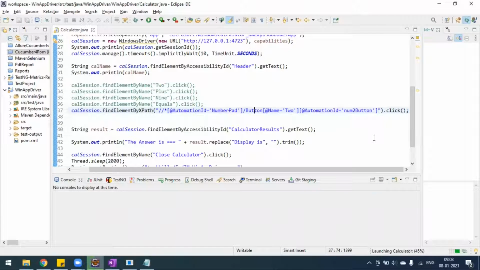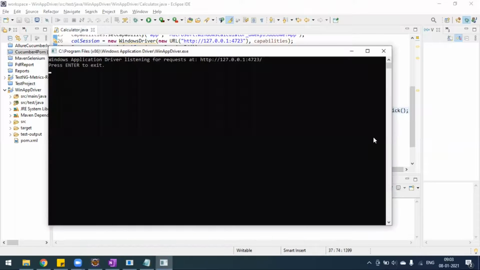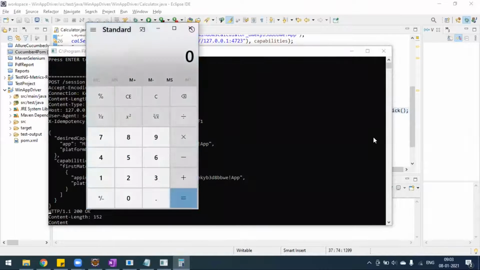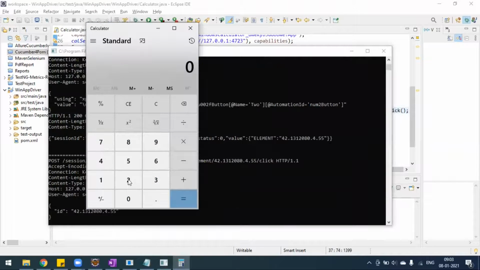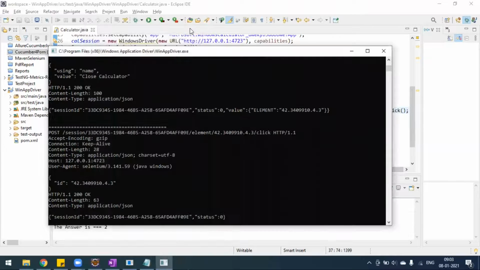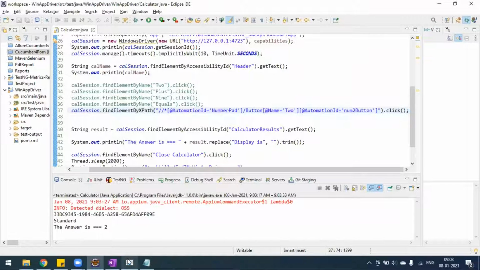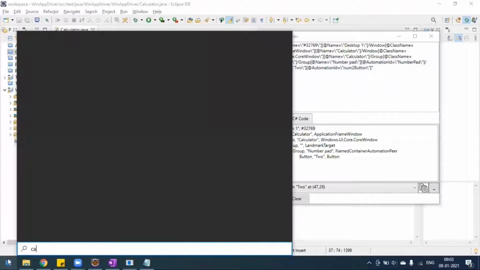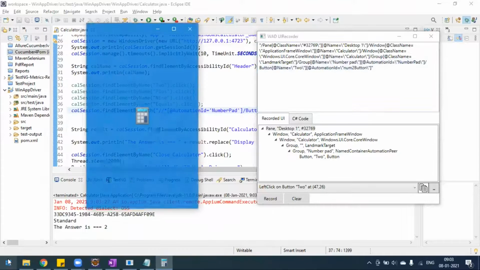If the XPath is not working, we are making some syntax error in the XPath, or some locators are wrong; basically it could be a syntax error. Let's see this time whether it is clicking on number 2 or not. Yeah, it clicked on the number 2. You have seen. In a similar way, we'll identify some other buttons also in the calculator application.